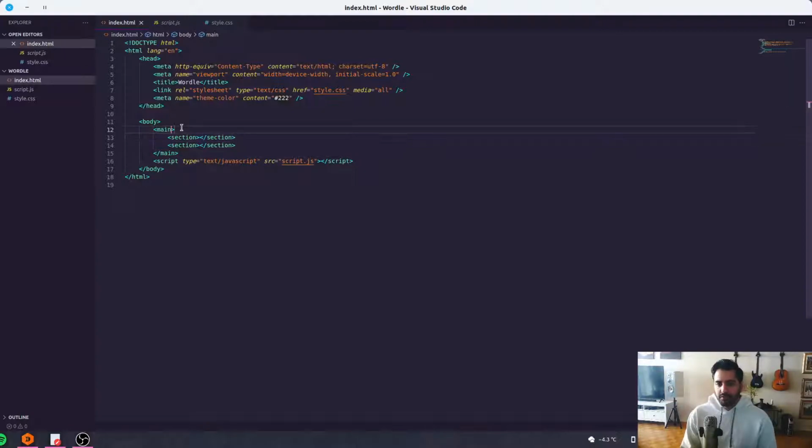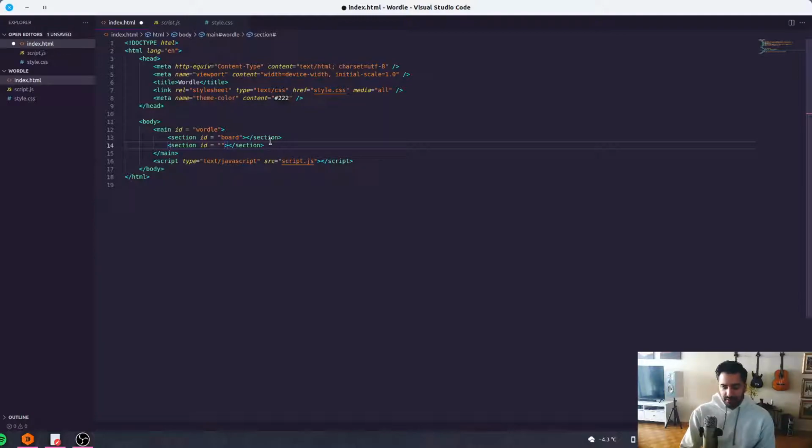So this top, actually let's give it an ID. So basically all of our HTML markup will be inside this main div called Wordle. This first section will be, what do we call it? I don't know, board. I'm not really sure what to call that section, but the top section where the words will actually appear, like where all the rows are. And this bottom section, we'll call it